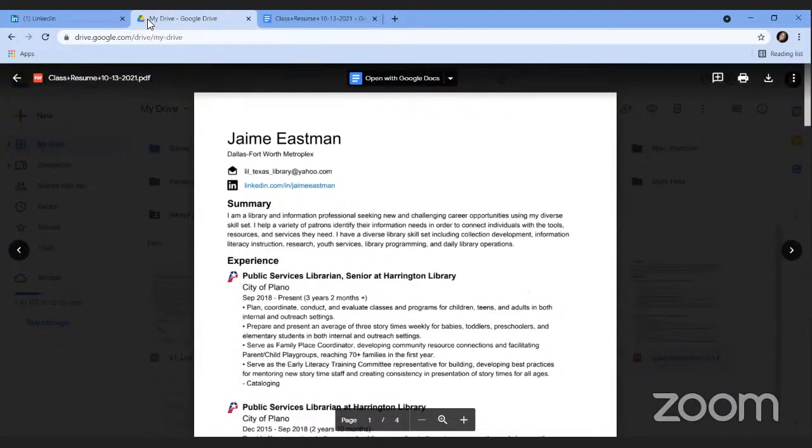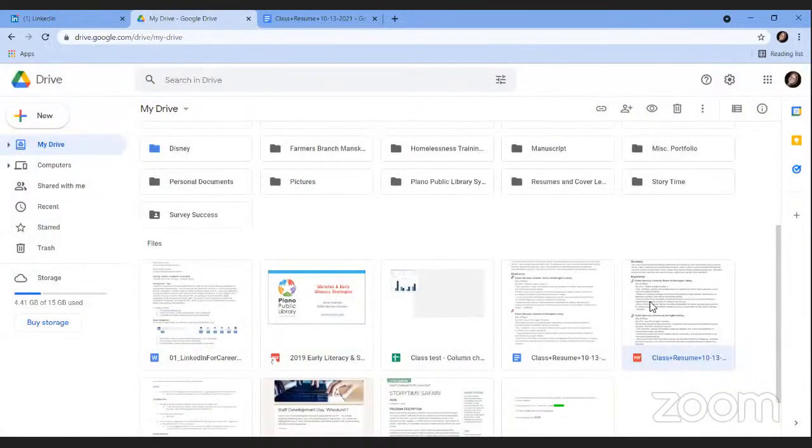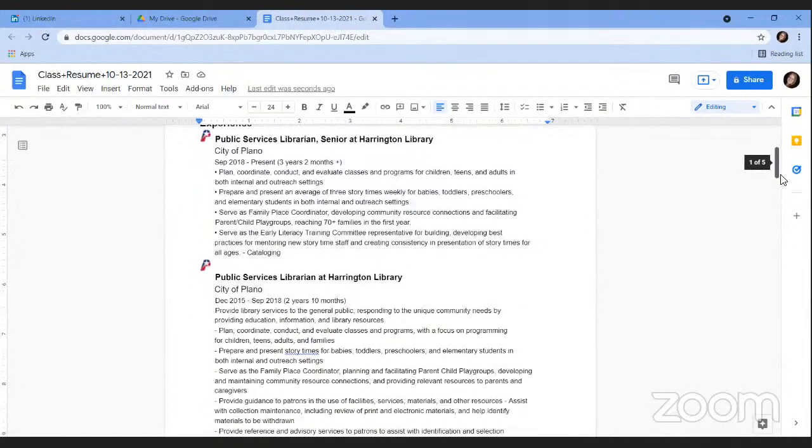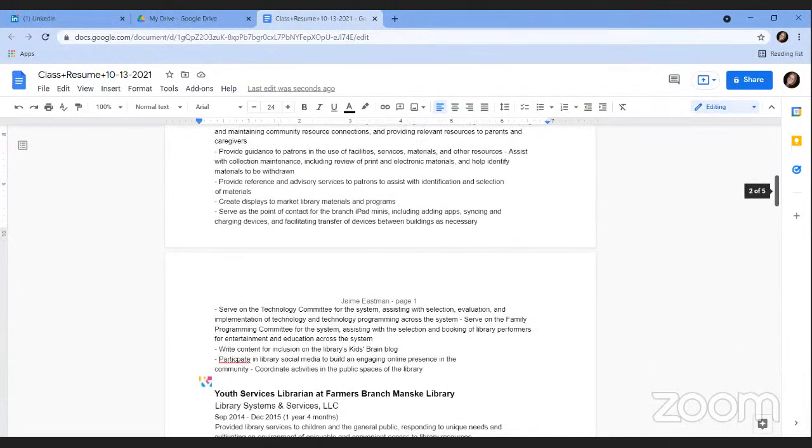So if I were to go over to my Google Drive, you'll see I've got the PDF version and this Google Docs version in here as well. But just like in Microsoft Word, I can type, I can make changes. I do want to double check my formatting, make sure that it's held together, make sure I don't have any spacing issues or spelling issues. But that gives me the option to make those edits as well. Are there any questions about converting a PDF file?